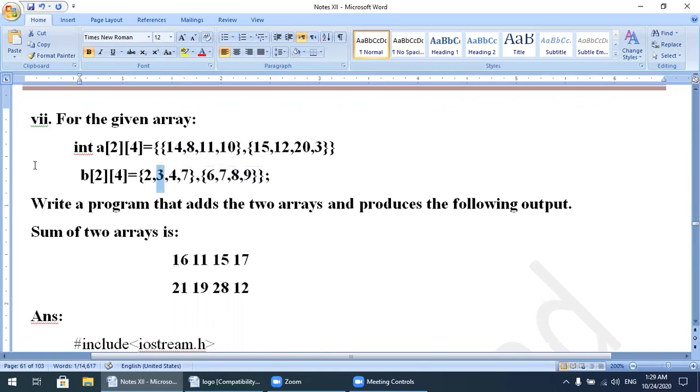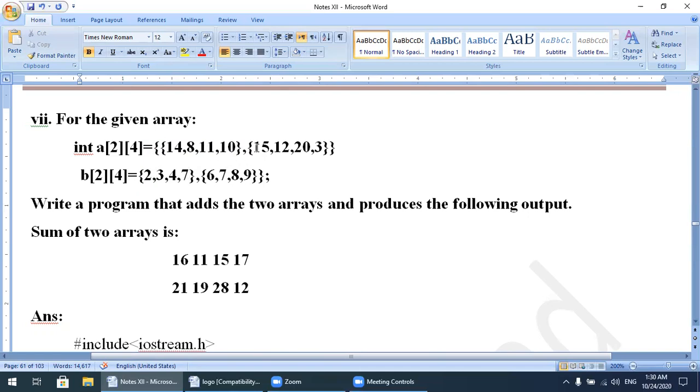It means that this element is placed at the index 0 0, and in the second matrix, which is named B, the value is 2, and this 2 value is present at the index 0 0. So index 0 0 will be added to the index 0 0. Again 0 1 will be added to 0 1, 0 2 will be added to 0 2, 0 3 will be added with 0 3.